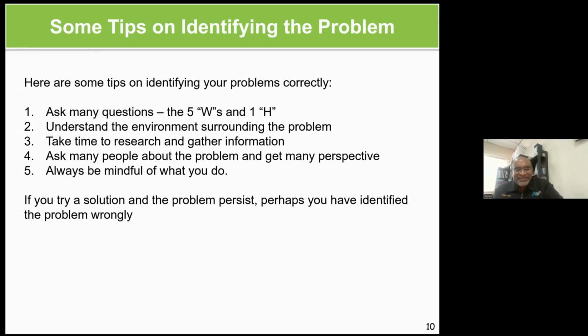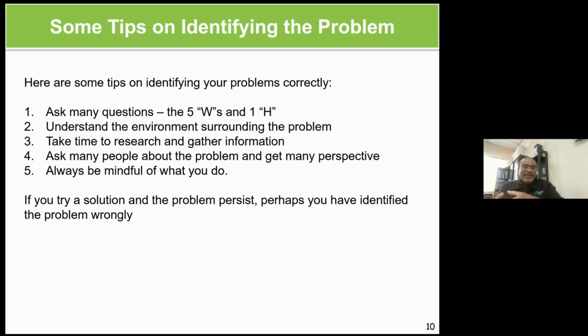And one of the ways to do it is to ask the right kind of people, right? So you can ask experts. So let's say there's a problem related to structures of a building, then a good person to ask would be an architect or a civil engineer. If the problem is related to some electrical equipment or whatever, a good person to ask would be an electrical engineer, for example. So ask the experts